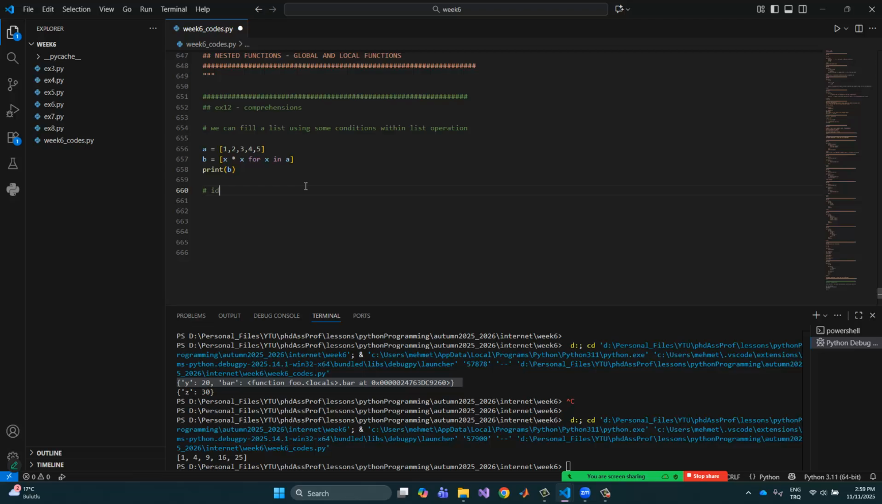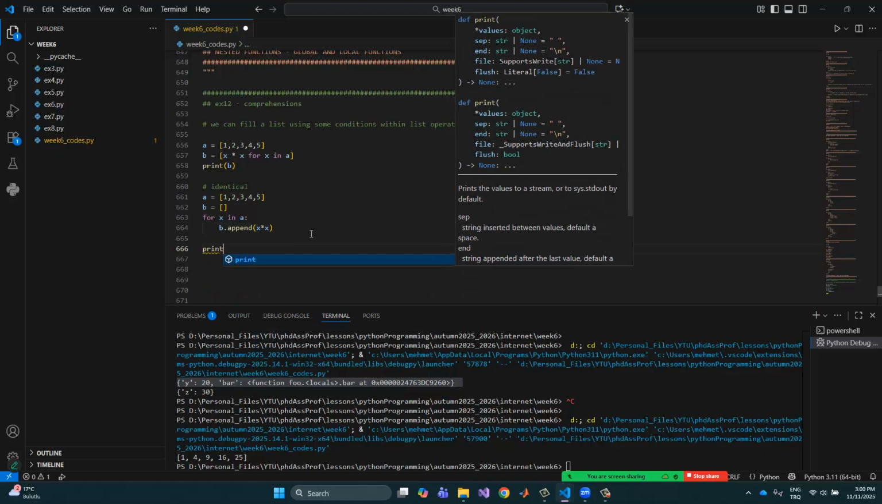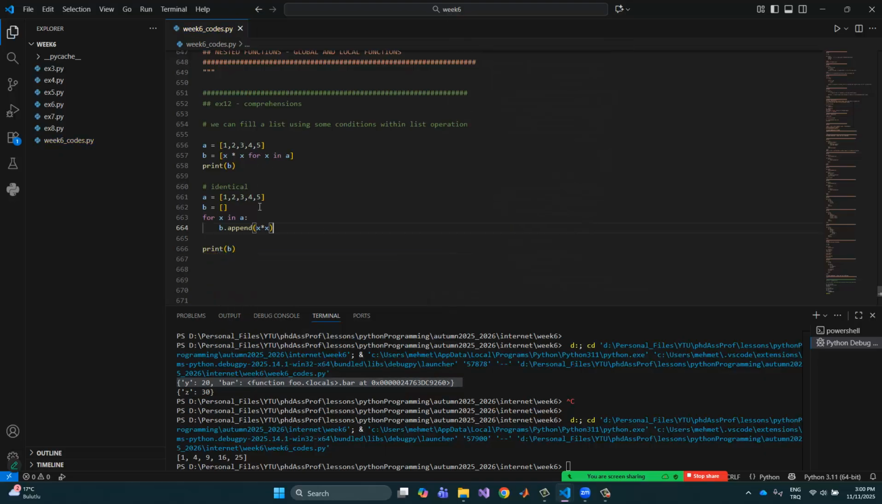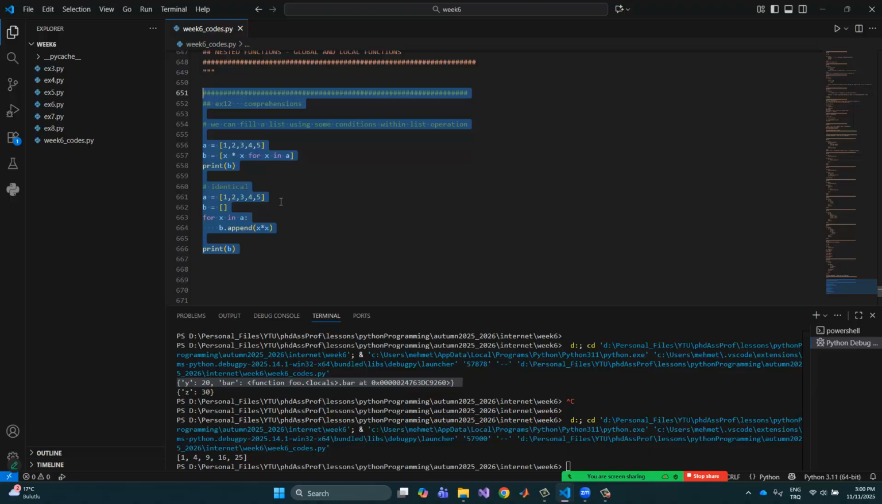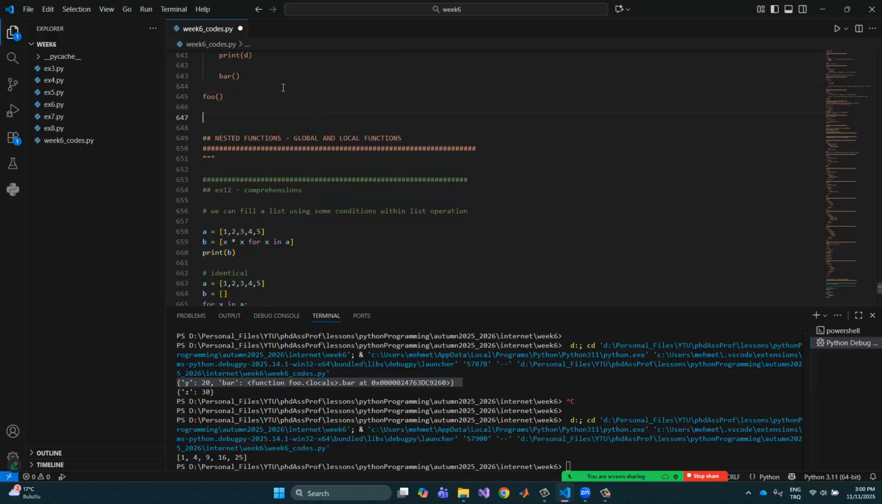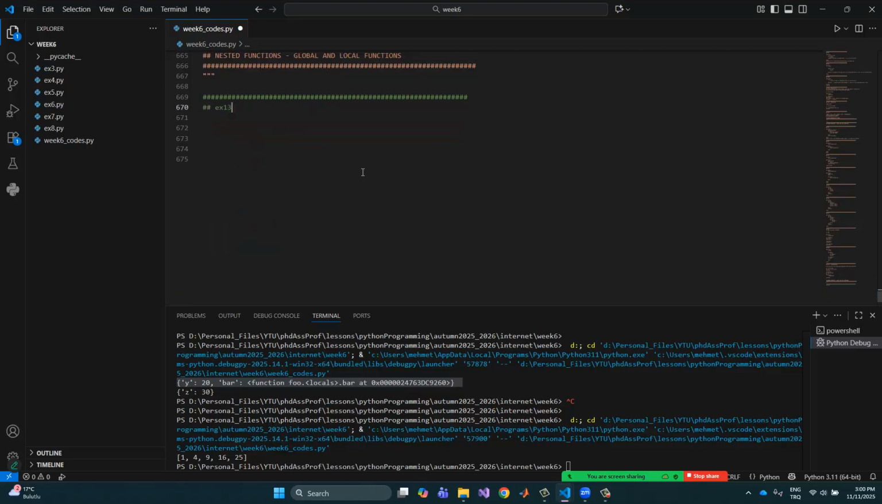But these are identical with A is equal to 1 2 3 4 5, and B is equal to an empty list, and for x in A, B append of this one. These two are identical, guys, but in Python we can write this code just like this one. This is a shortcut. Okay, and this is highly useful to create your own examples. We call it the comprehensions. Okay,